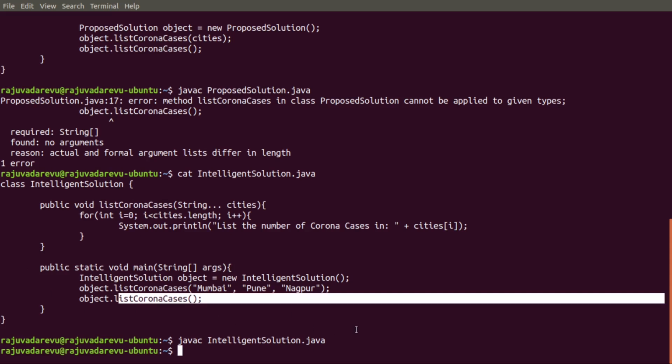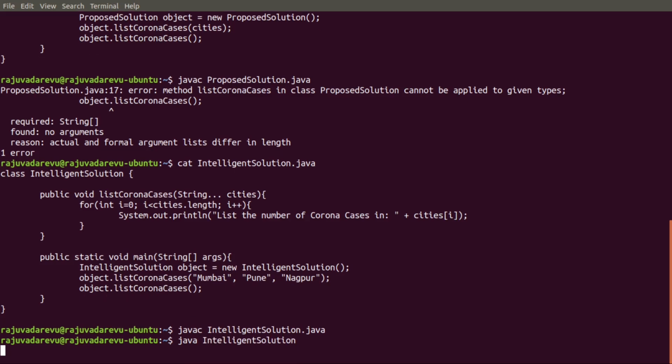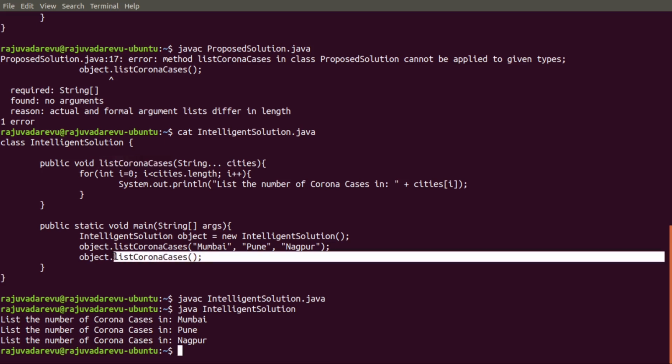So compilation is successful. Let's run this code and see, you are able to get the dynamic solution output which you were getting earlier. So this is how the varargs method helps developers to solve these kinds of problems. Okay. So I hope you understood the importance of the varargs method.